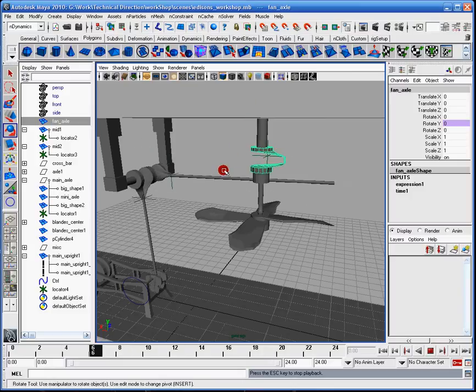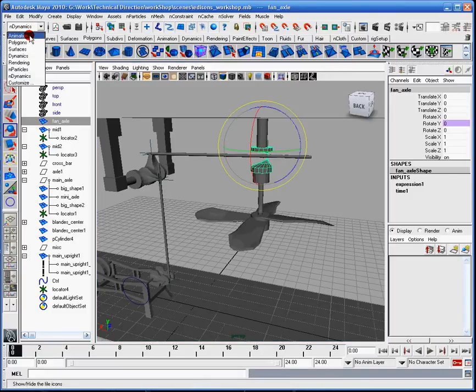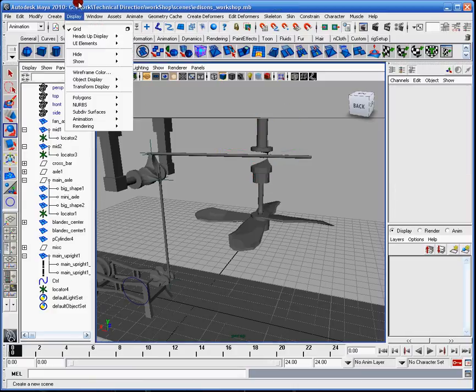However, I still need the aim constraint, obviously, with the pole, so that it makes it look like it's moving it. So, man, why do I keep doing that? It keeps going to dynamics, and I'm in animation. Okay. Anyway,